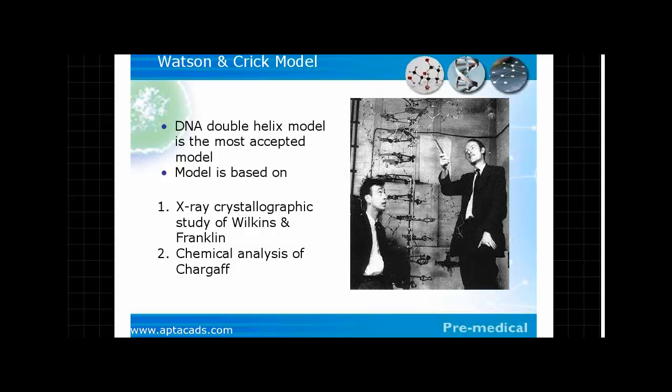Now let's talk about the Watson and Crick model. The moment we understood the chemical nature of DNA, now our task is to understand how in 3D space these molecules are arranged, which is often explained through a model. From time to time different models have been given, but the most accepted model was given by Watson and Crick, which is popularly called the double helix model. This model is based on two most important studies. These are